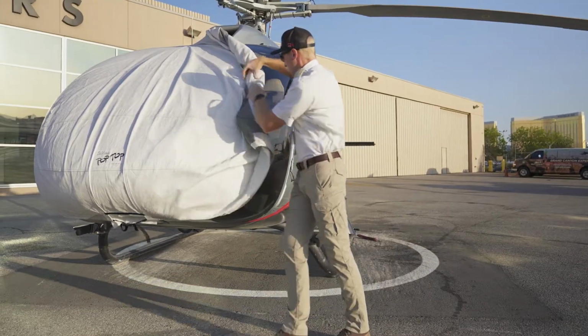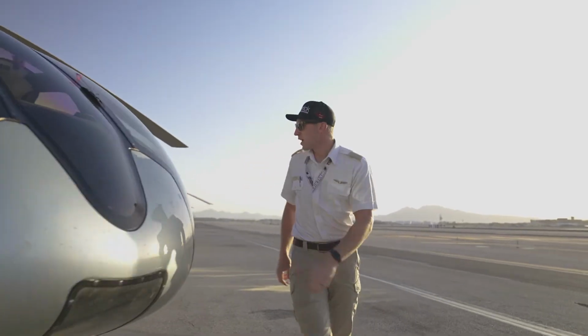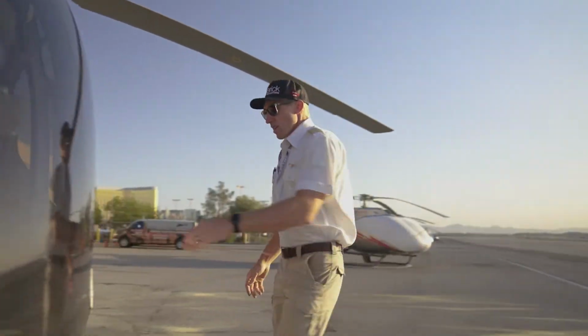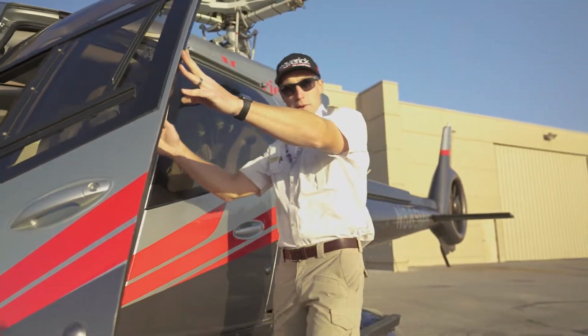All right, now that we're all untied, we're going to begin our pre-flight, making sure everything looks good for today's flight. These are performed every day at the beginning of the day to make sure everything is in an airworthy condition. So we're going to start by turning the aircraft on,